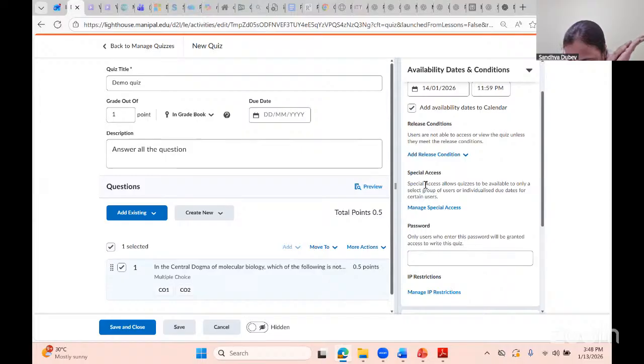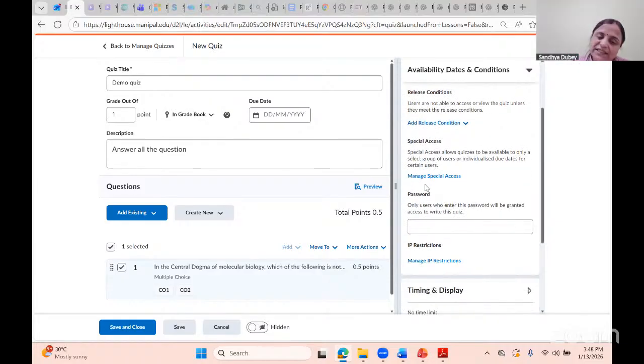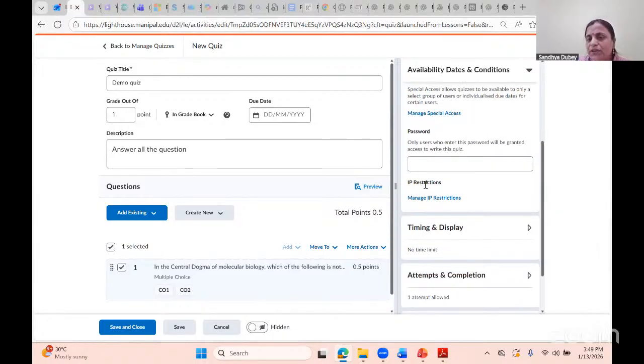Special access is like, consider you have a slow learner. What we can do is give special access to that particular student. He or she can attempt the quiz 2 or more times. And then you can say that whatever outcome you have got, based on the number of attempts taken to get the highest grade, it will be scaled down, or based on that you are going to update or modify it.